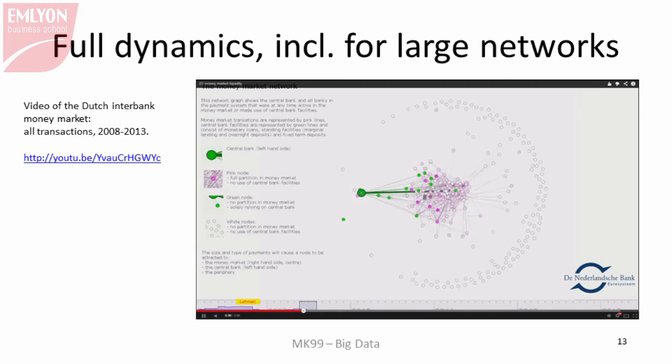This one represents an evolution in 5 years, and through very detailed levels. Here we see all transactions between banks active on the Dutch market, and we see all of these transactions. So you can have a very macroscopic view of a data set, all while being able to drill down at the most detailed level, because you can pause at a particular day and zoom in on a particular bank, and then look at the particular value of a transaction. So you see,